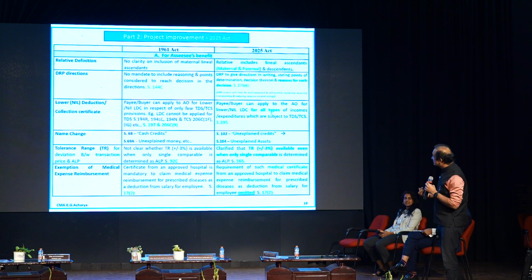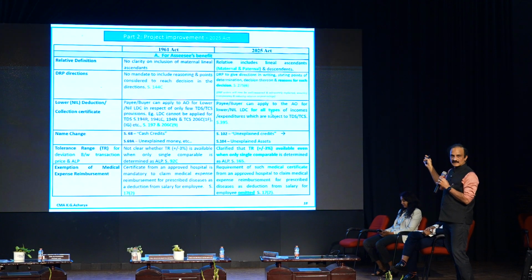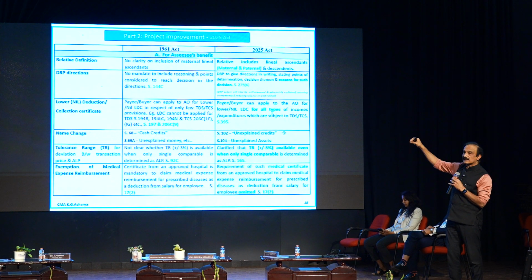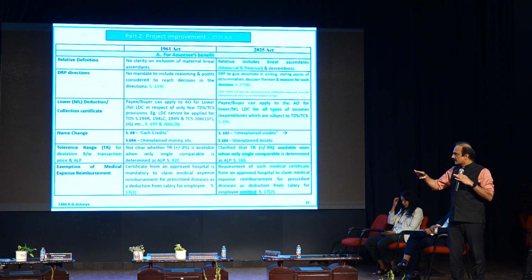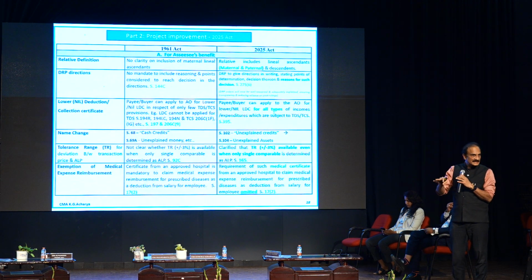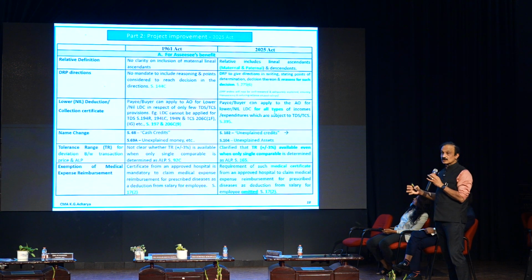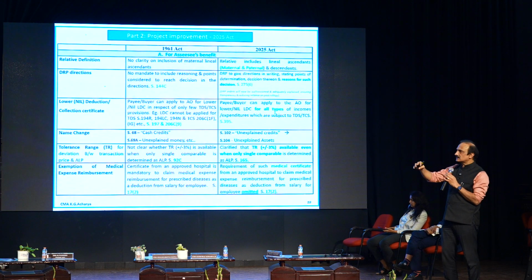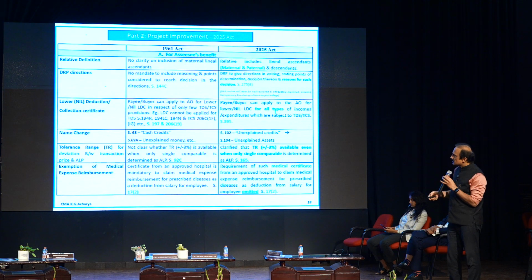Now, under the new Income Tax Act, they said lineal ascendants, maternal and paternal. They have put it to rest. So now please understand, if somebody says that maternal was not a relative under the 1961 Act, go back and tell them that there is no change between the 1961 Act and the 2025 Act. What was told in the 2025 Act is only clarifying what was there in the 1961 Act. So therefore, under the 1961 Act also, maternal is a relative. So like that, you can take certain advantage of the new Act to clarify the 1961 Act. DRP direction, lower deductions, name change, tolerance range changes, exemptions of certain things.